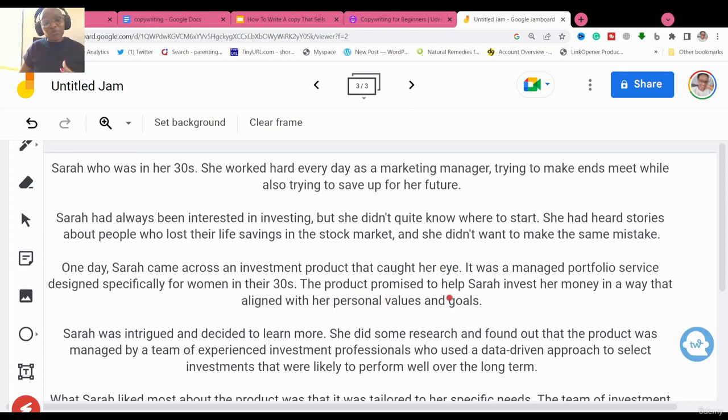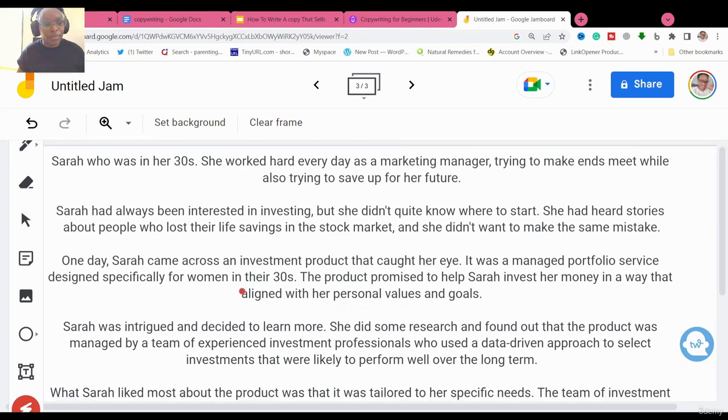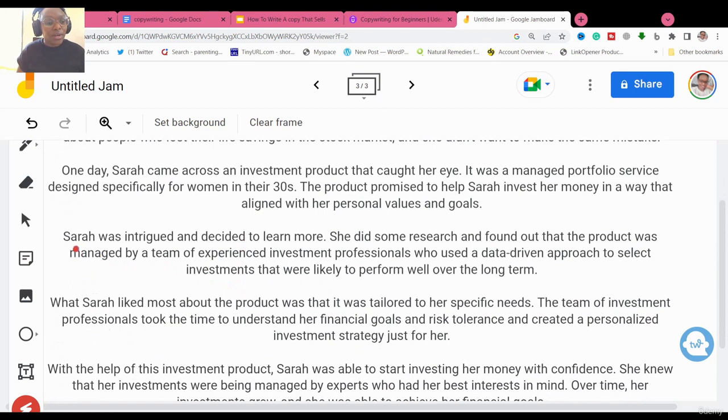So the product promised to help Sarah invest her money in a way that aligned with her personal values and goals. This is very important. And then Sarah was intrigued and decided to learn more. So yes, even me, I want to learn more. So she did some research. Of course, people do some research, and she found that the product was managed by a team of experienced investment